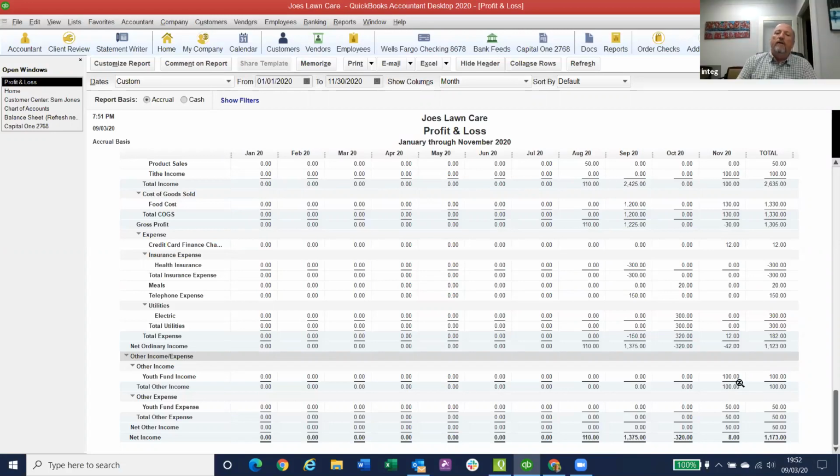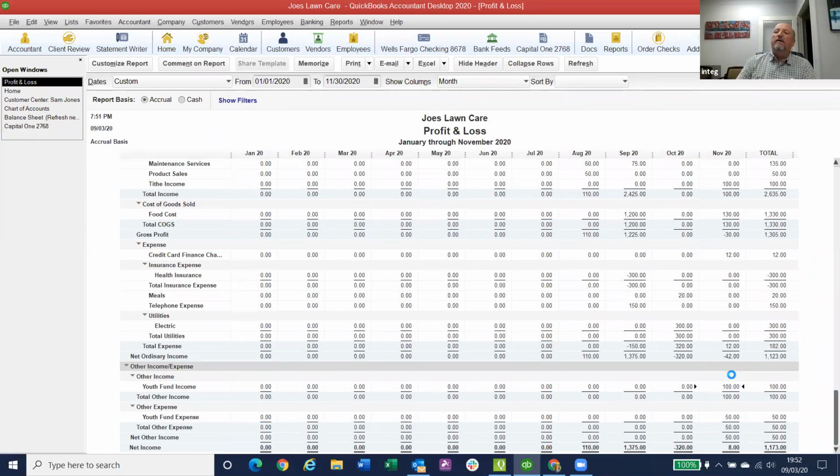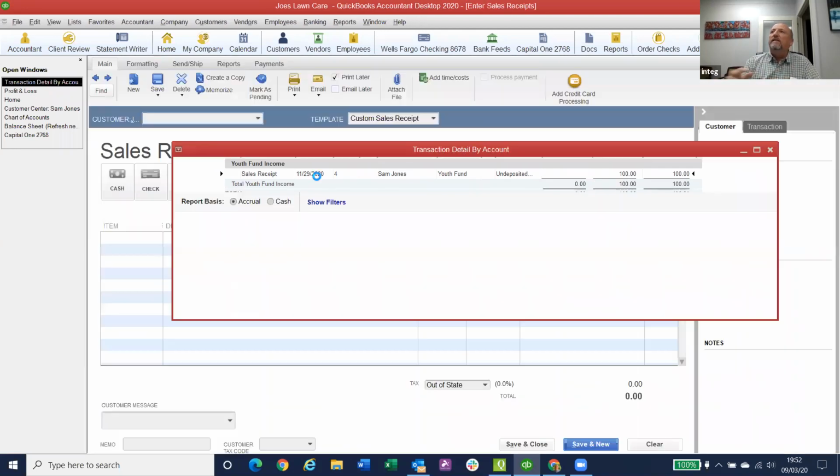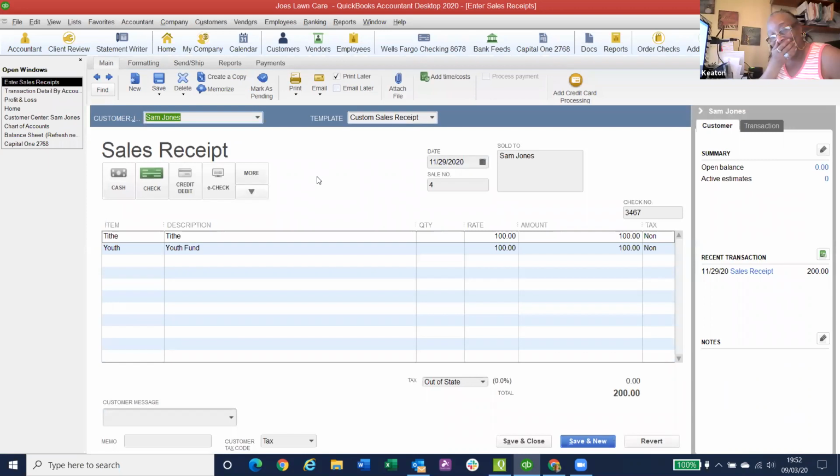Okay. But to make this work, what you've got to do on all these designated funds is you've got to use classes. So if I open that income back up, when Sam gives that designated money, oh gosh. Well, I could probably set up, they would know the difference, but they would have to hit the right class though. Yes, they would. See, that's a lot. If they can't get the